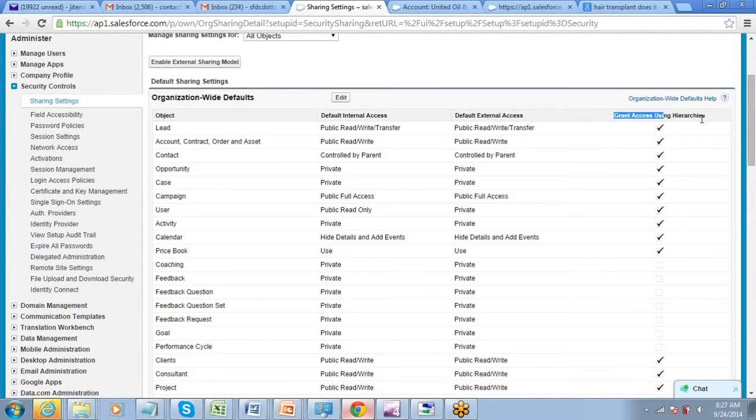If it is private, then there is the second concept of whether your managers will get to see it. So do you want to give access using hierarchies or not? In some cases, there can be a requirement where the managers need to see the data. There can also be certain requirements where even the manager should not see the data. For example, we were talking about an employee management application, right?